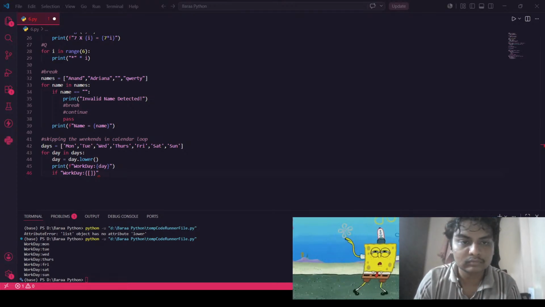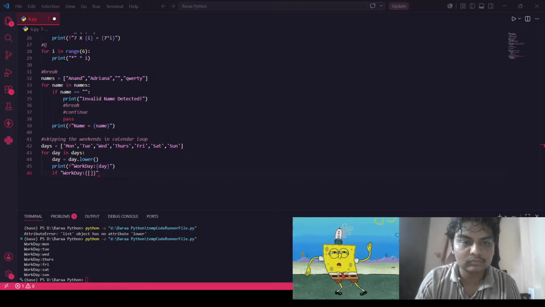So we have to check whether the day over here is a weekend. Now for that, we have to create an if statement, and we can say if day in, and then we're going to have our two values, Saturday and Sunday, like this. Now, if this